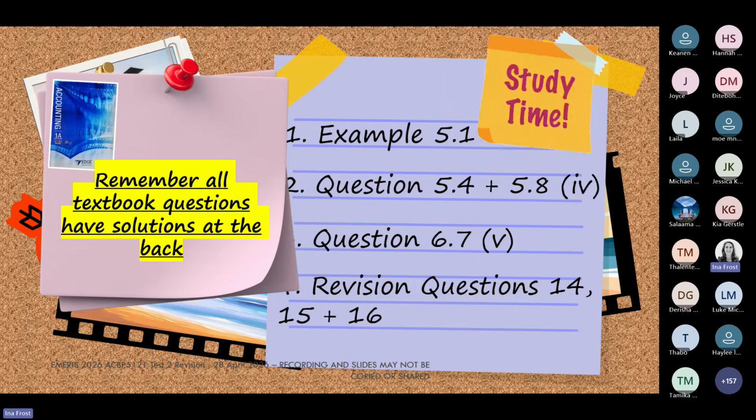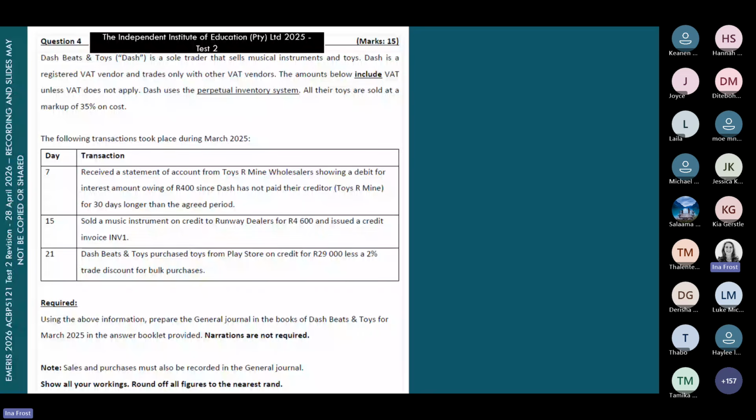Before we walk away from the general journal, I just want to show you last year's semester test, just to show you another interesting way that we can test you on this particular section. So last year, this is a semester test 2 from last year. There was a question number 4, and the student was asked to do the general journal entries for these 3 transactions. But before we look at the actual entries, just some more exam tips.